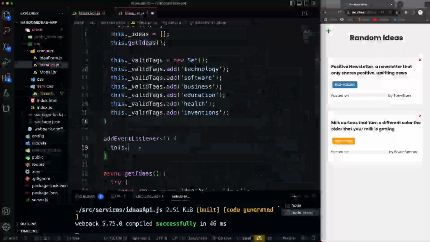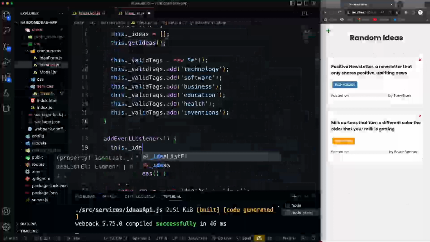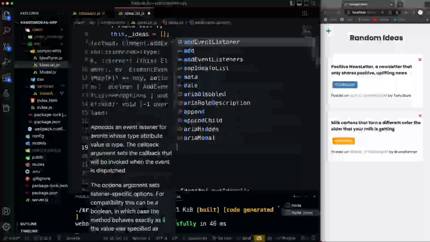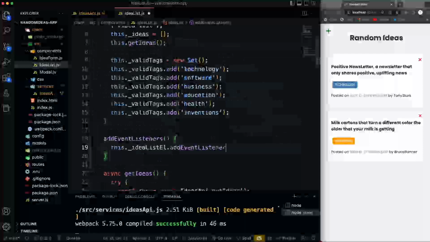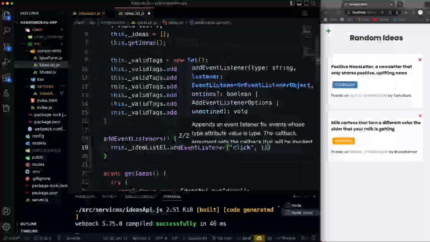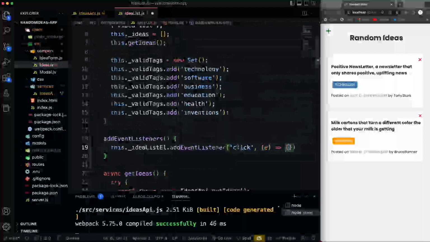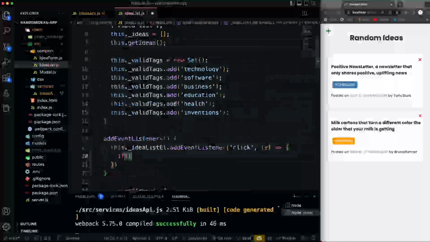So let's say this underscore idea list element, and we're going to add an event listener onto that. We're going to listen for a click, and then we're going to have a function take in the event object,